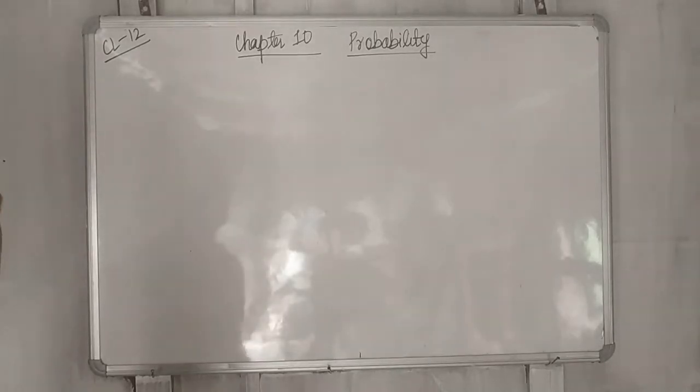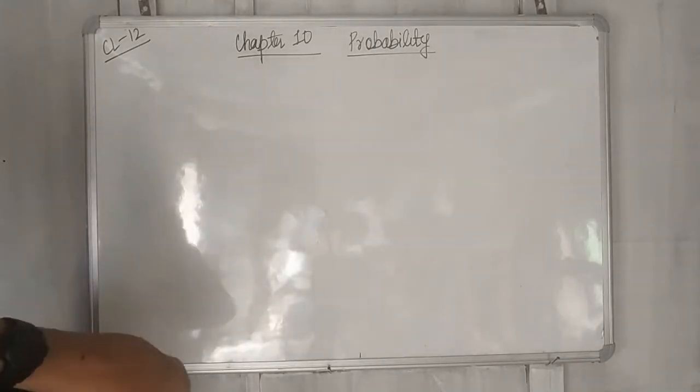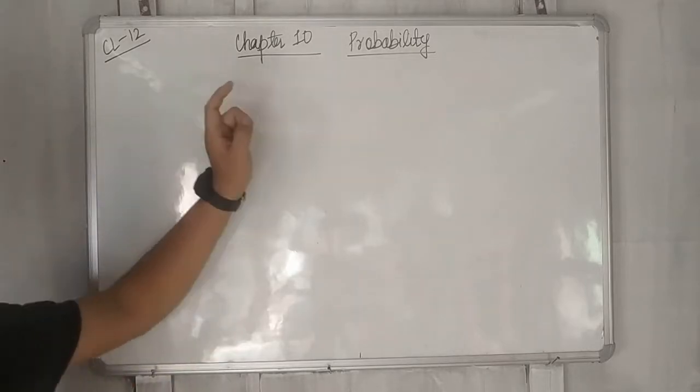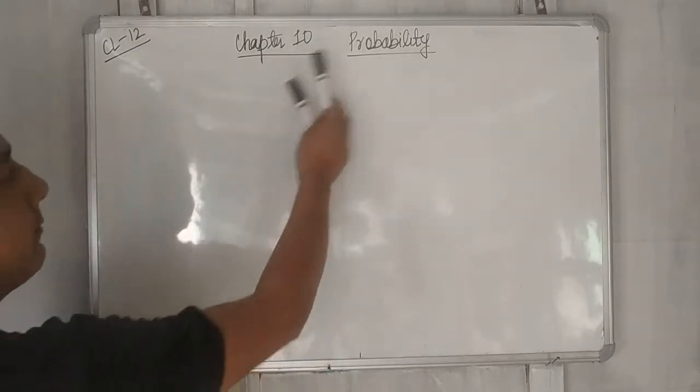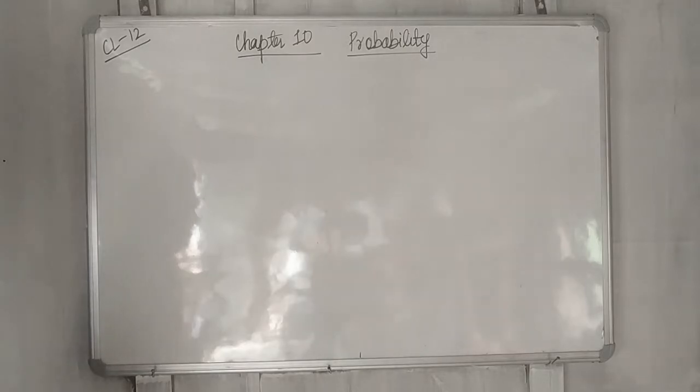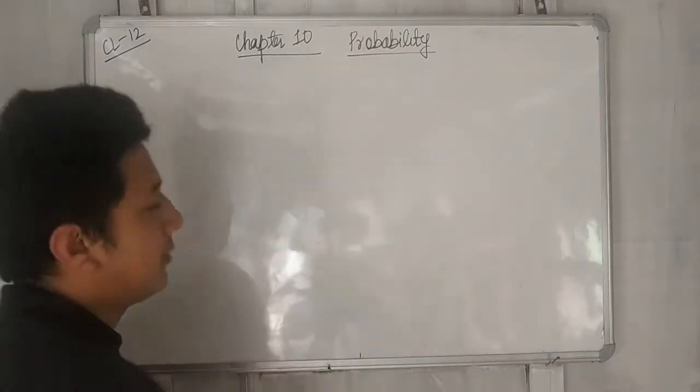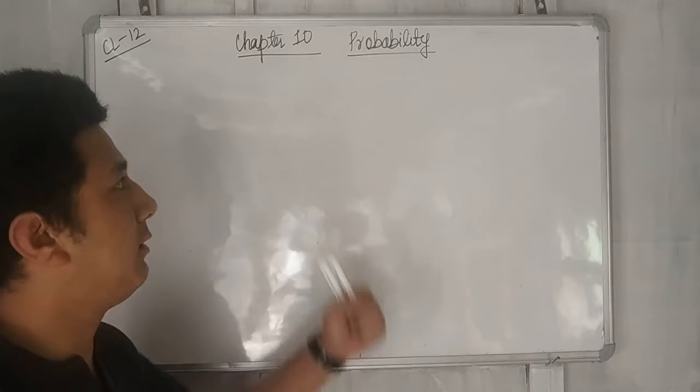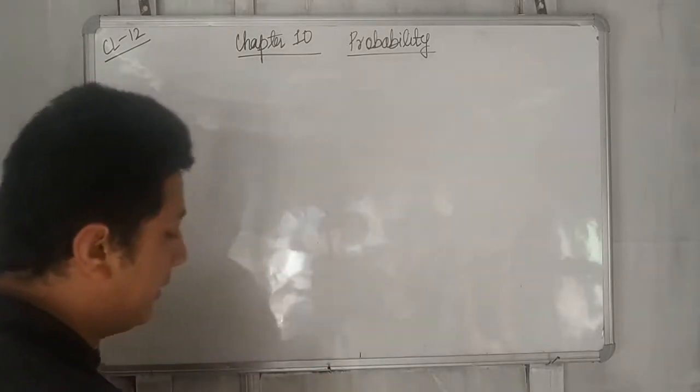So today we are starting a new chapter, chapter number 10. This is from section E, the last chapter, and the name of the chapter we are doing is probability. Probability we have also done in class 10, so we know these terms like